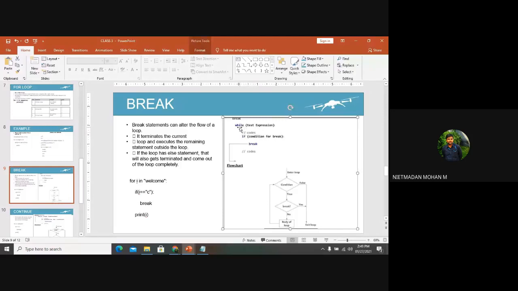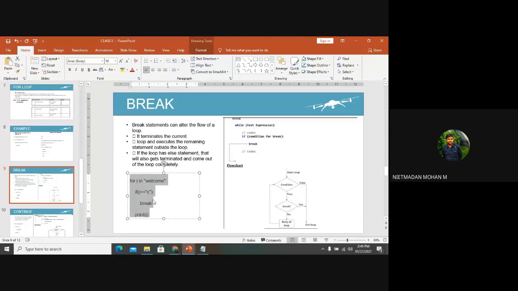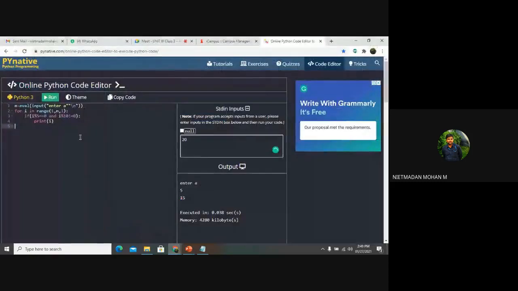You can see the syntax over here. While we are using the if condition, if you are using the break statement here, once the break statement has been executed, it will terminate and continue the remaining part of your program. So this is the function. If you want to give a break for a particular operation in your program, then you can use this break statement. So this is the basic thing.